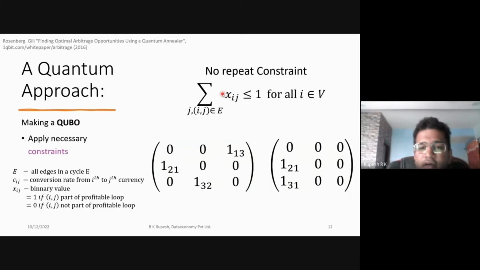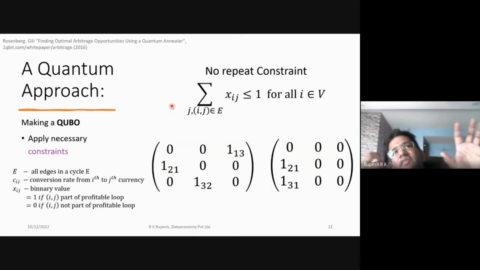Another constraint that we need to impose is this one. It's called the no repeat constraint. What this implies is that in any given transaction loop, any particular currency can only appear once in that loop. Now, why is that a condition? If you think about what we want to do by finding these currency loops, it is that we want to keep trading in them. If I find one currency loop, I will not trade once in that, but as long as the arbitrage exists, I will perform 100 such loops and churn out a maximum profit. But now let's consider the case where you have a loop with three currencies that is giving you some small profit, and then a loop with five currencies that is giving you a much higher profit.